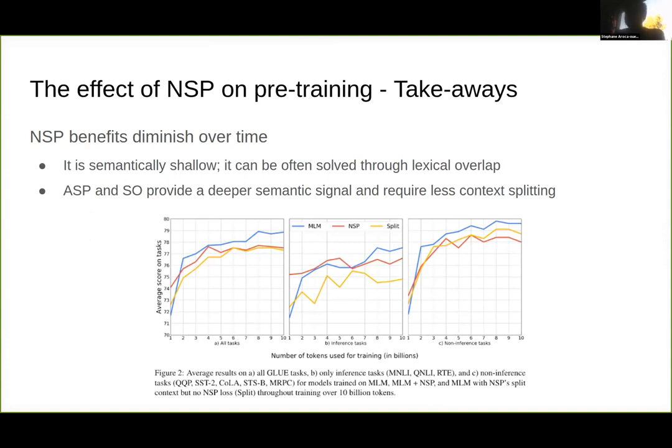But essentially I found that next sentence prediction was too easy to solve, right? So instead of actually looking at the flow of text, you can just look, okay, the first sentence contains dog, the second sentence contains dog, and so we can solve it that way. And the cost of having to split the context half the time was more detrimental than the benefit of next sentence prediction. However, there are some ways to get around that, and there are some other tasks that follow the same logic that do substantially better.